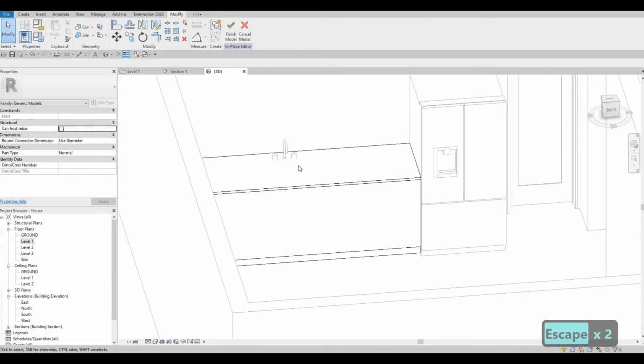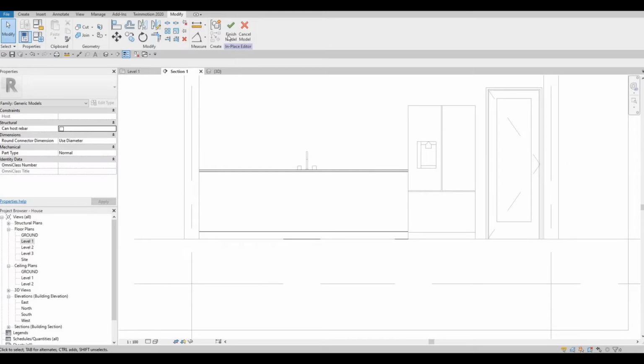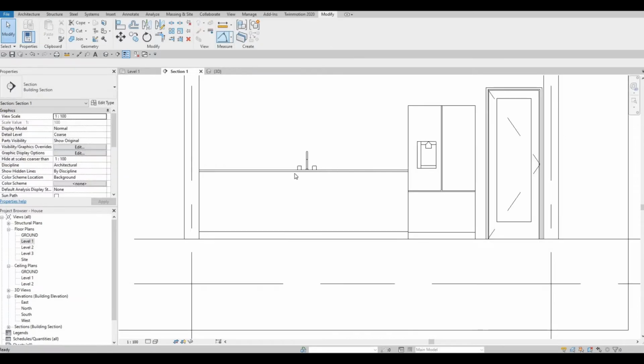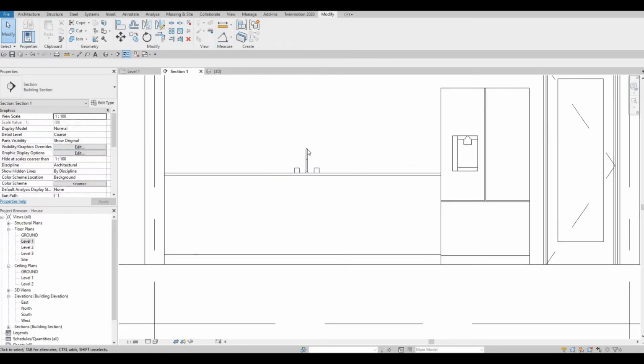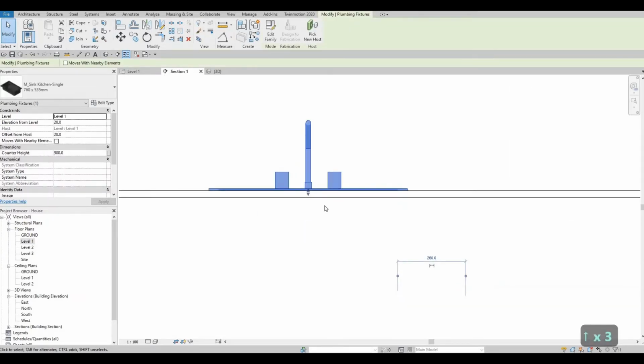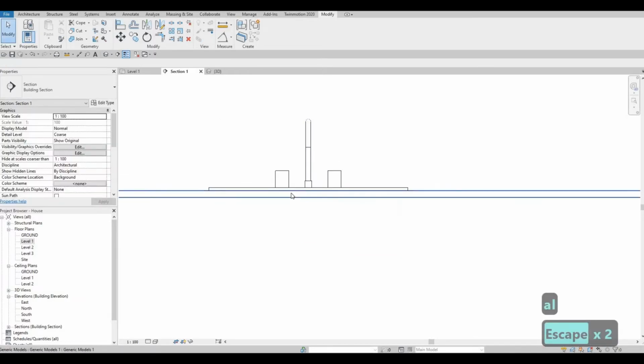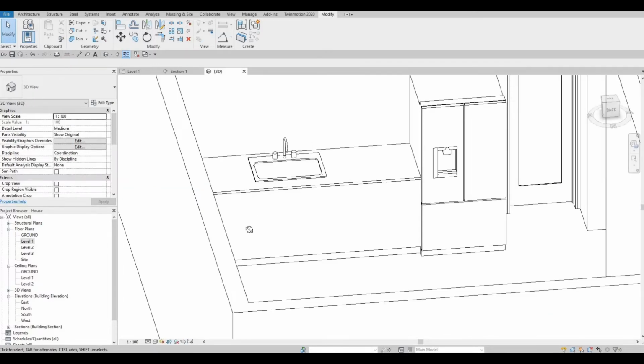And as you can see, it's just a little bit at the top. So what we need to do is go back to section, and then we need to just click on finish right here. We could just edit that later on. So here we could just nudge it in place. I usually like going past, and then AL, I'm going to align it, so it's easier for me. I know it's really flush. If we look at it in 3D right now,